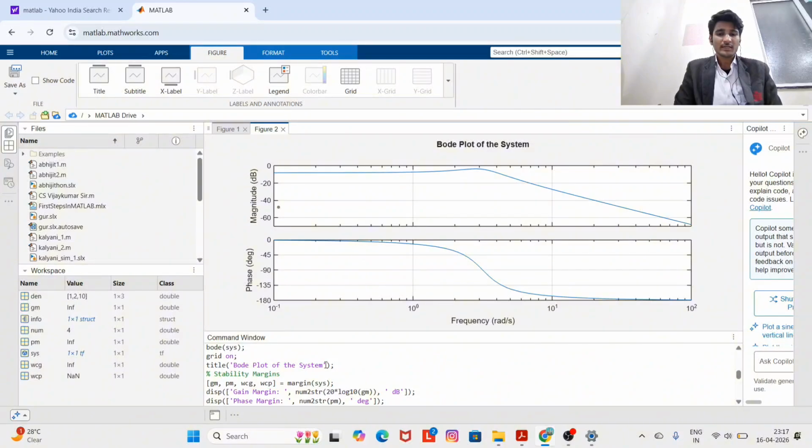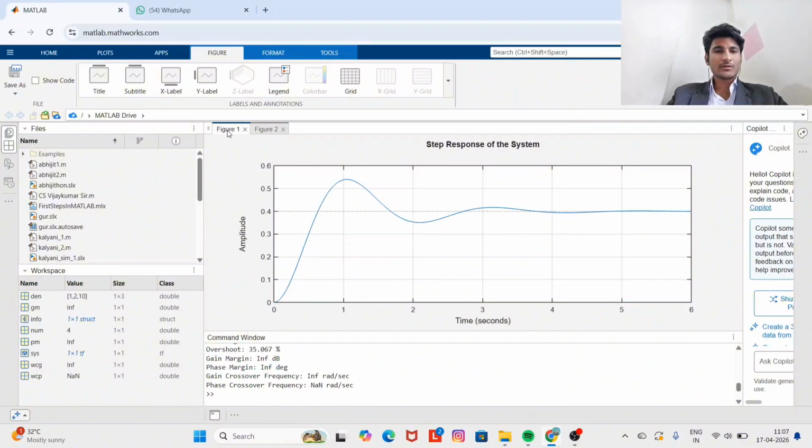So finally, from both graphs, we conclude that the system is stable, slightly oscillatory, and has a moderate speed of response. So in simple terms, that is the entire output of the program and topic. In this activity, we analyzed a control system using MATLAB by studying both the time domain and the frequency domain responses. The step response helped us understand how the system behaves with time, while the Bode plot helped us analyze its stability